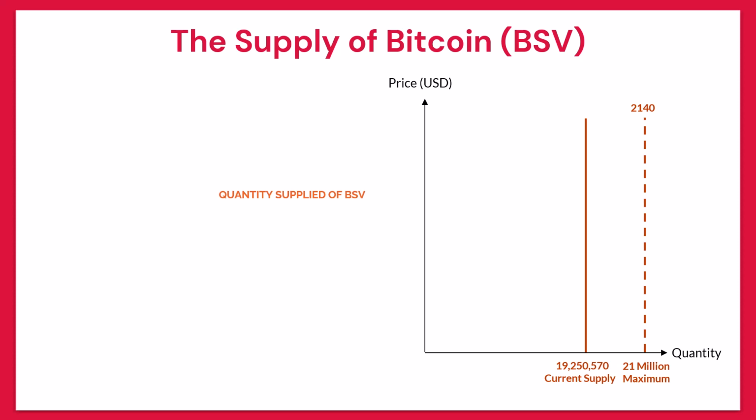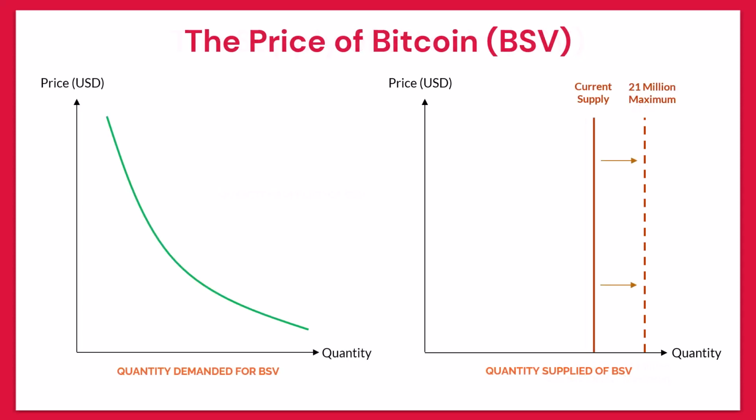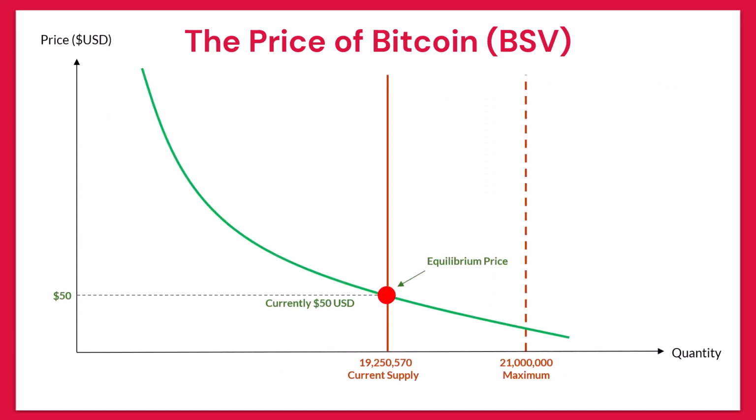Side by side, this is what the demand and supply curves for Bitcoin look like. And since they have the same x and y axis, we can actually draw them on the same chart. When we do this, we see that the quantity demanded for Bitcoin intersects its supply, and where they intersect is called the equilibrium price. Today, we know that the equilibrium price is around $50 US, because that's its current market